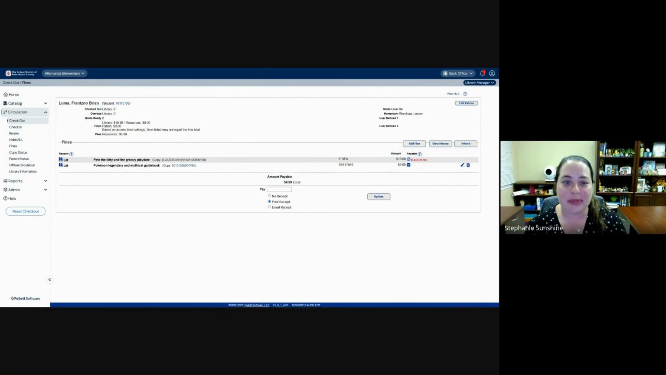When I click update, it's going to give you a receipt to then print for your records and to give back to the student. Notice now, when I am in the student's account and I click update,